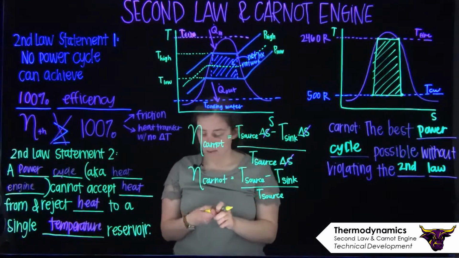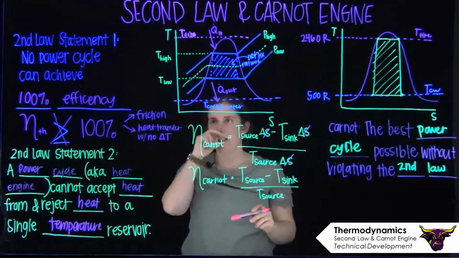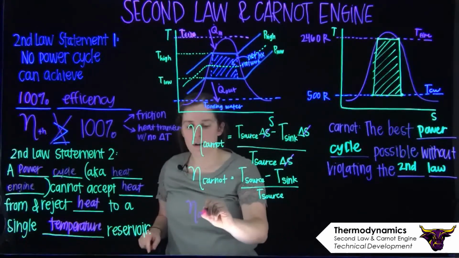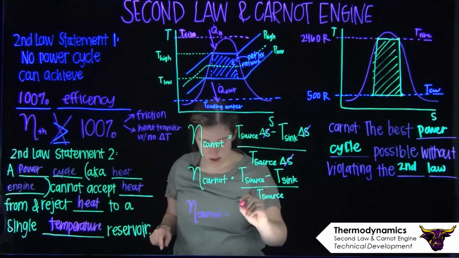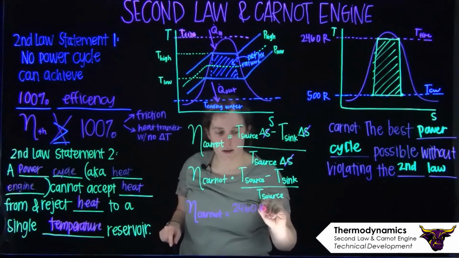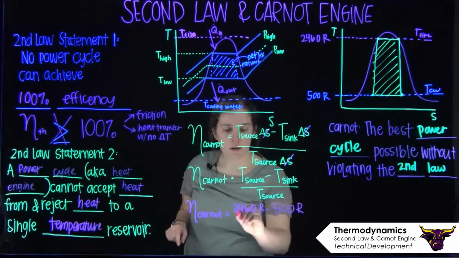So in this example, if we do it with these numbers that I put here, we can think eta Carnot is equal to 2460 Rankine minus 500 Rankine